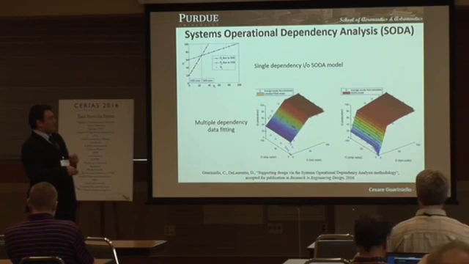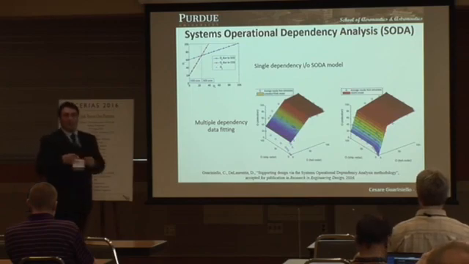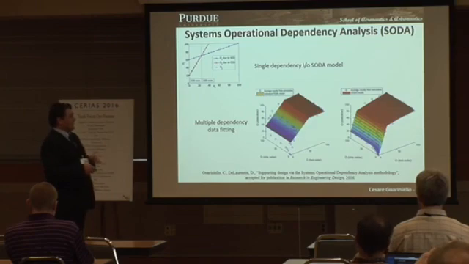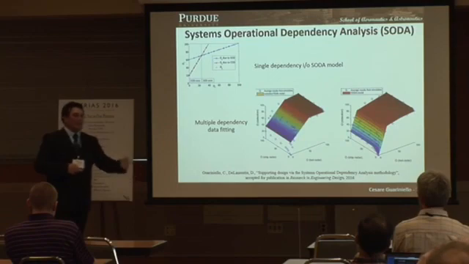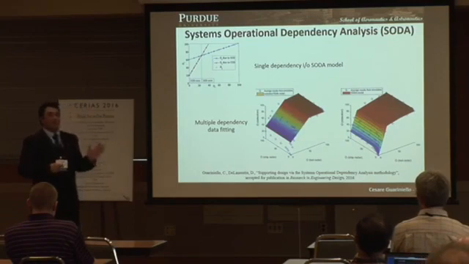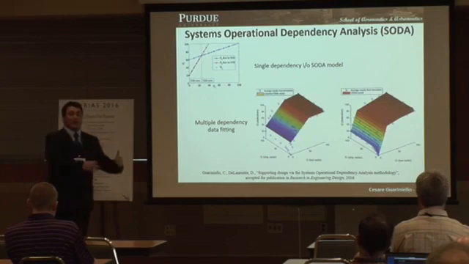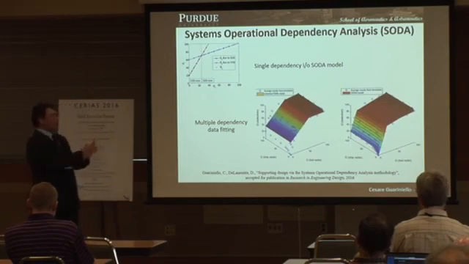This fit on the right is a SODA model, 3 parameters. And I want to underline again that we accept to lose a little bit of detail with what happens in real life, but we have parameters that have some physical meaning. The parameters are telling me how critical is this dependency, how strong is this dependency, how wide is my critical zone.